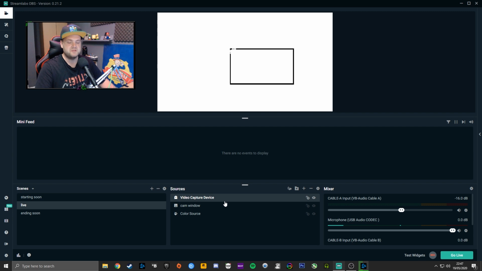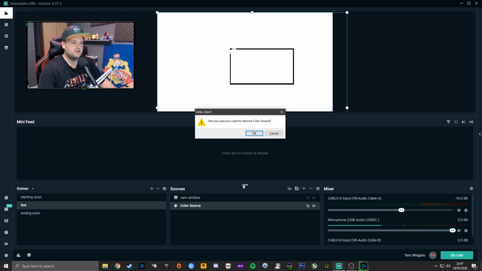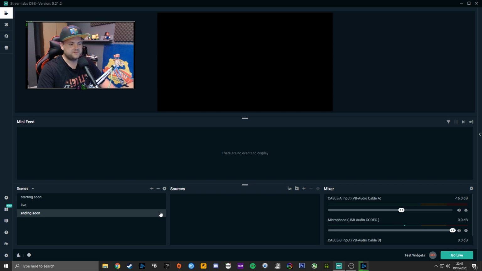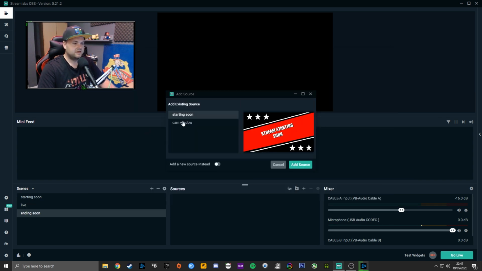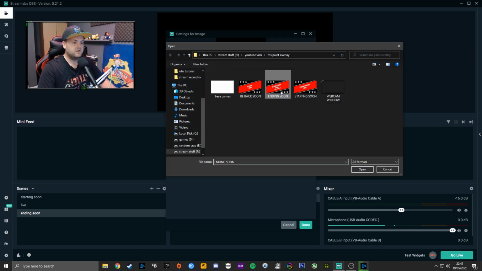So let's just imagine that's there. So we'll get rid of this, we'll get rid of the color source. So as you can see, that would be where your webcam would be, but because it's black on black, you can't really see it. And then we're going to go image, we're going to go add a new source, we're going to go ending soon,